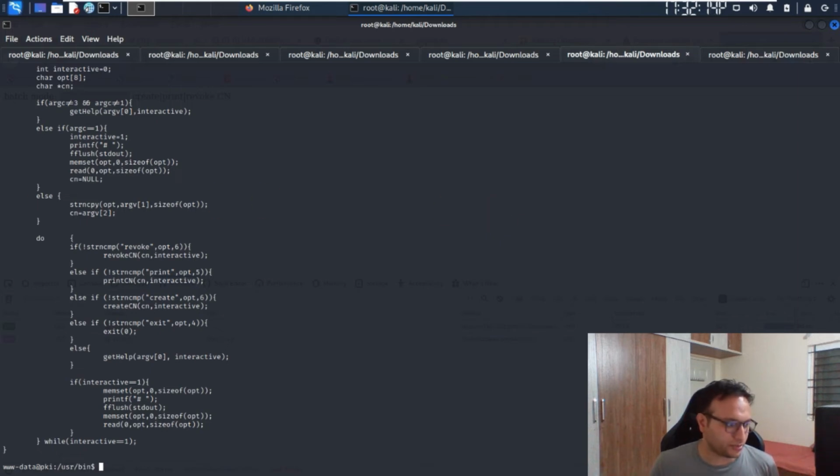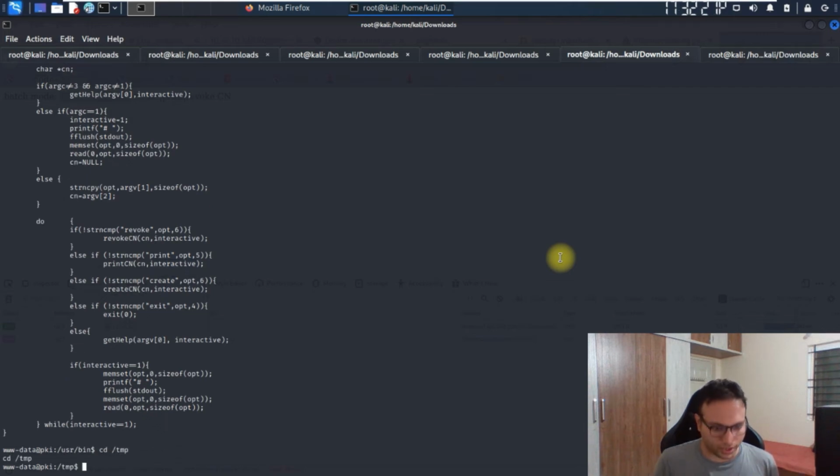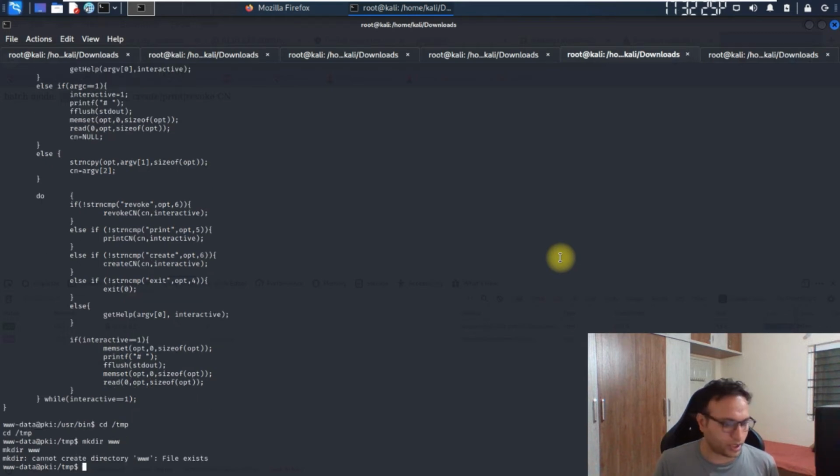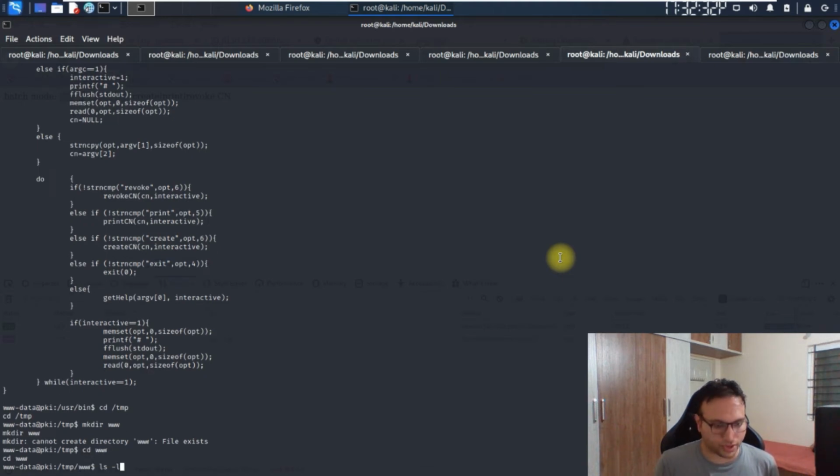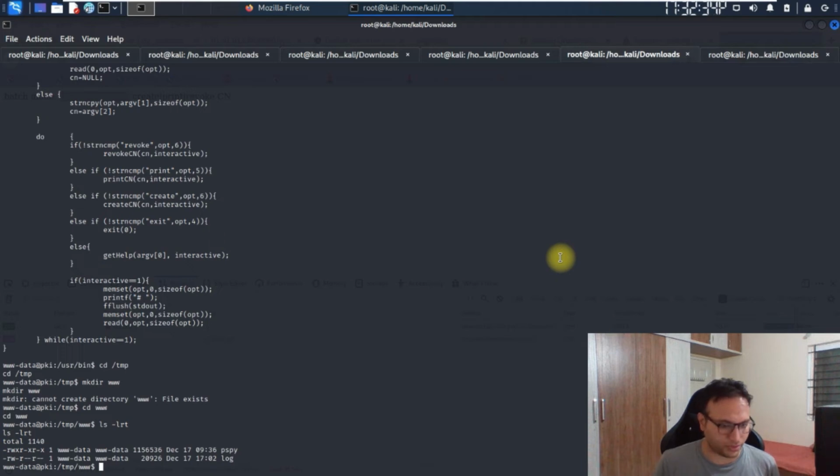To get that done, we simply have to go to the temp folder first. And then over here I'll make one directory that I call it as, okay, I think it's already present. So I'll simply have to go inside of it and okay, perfect. So now what we have to do to download a file where nothing else is present over there, I just want to copy this file.